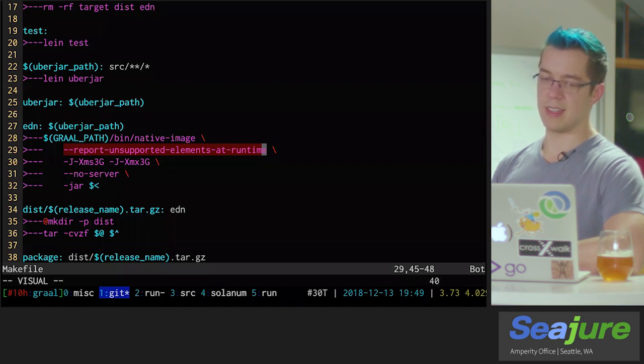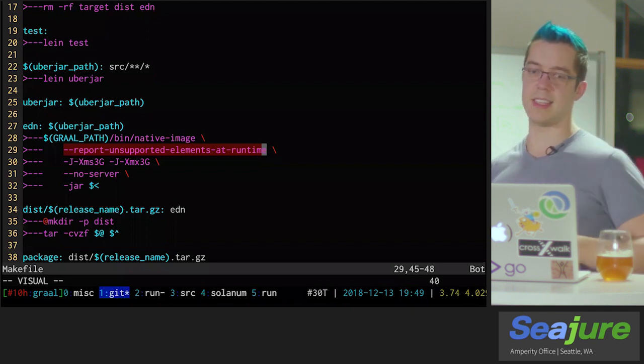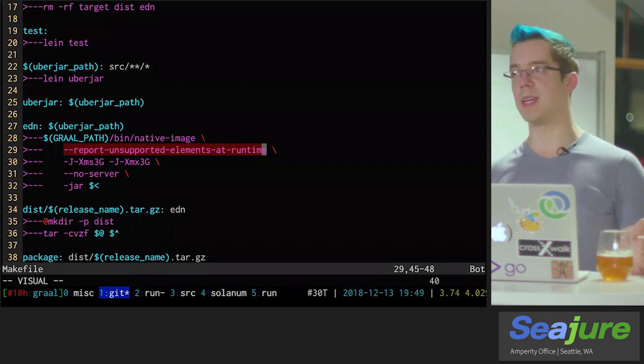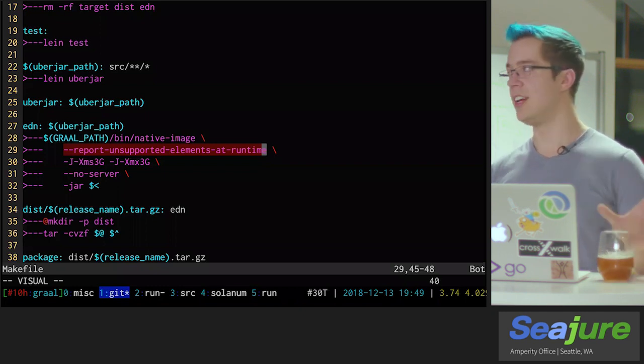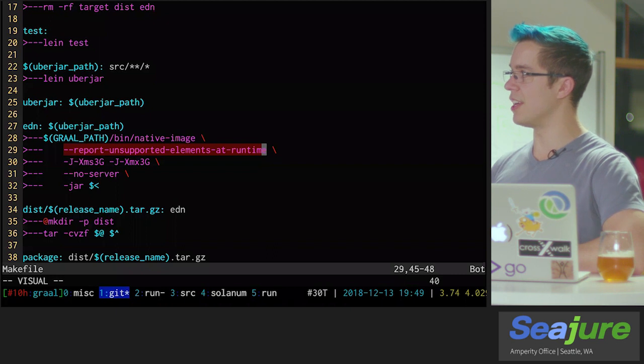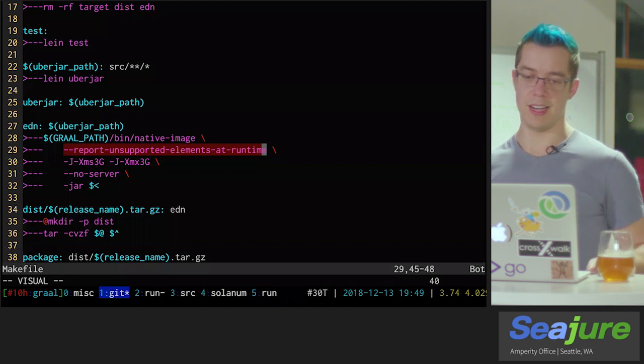It impacts a lot of reflective calls and generally limits the set of ways that your program can behave, because in order to fully trace your program's behavior and build a native image out of it, Graal needs to know that certain things are not going to be possible ahead of time.